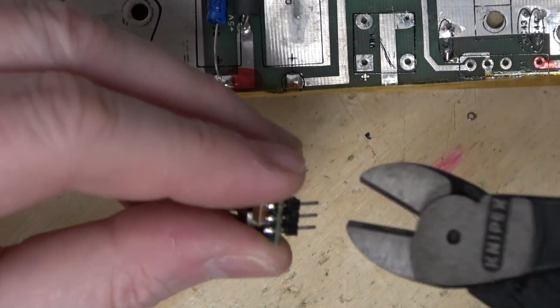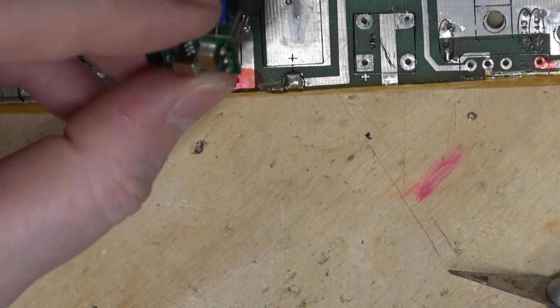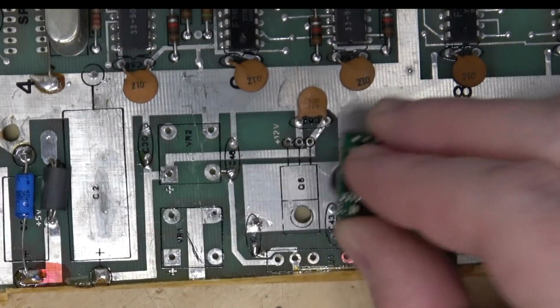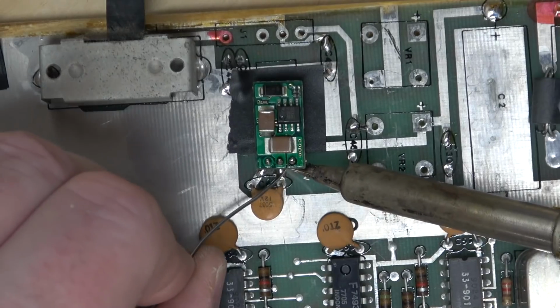Come on. Happy little clouds. There we go. Then I can install it just like that. That's why I wanted to remove that